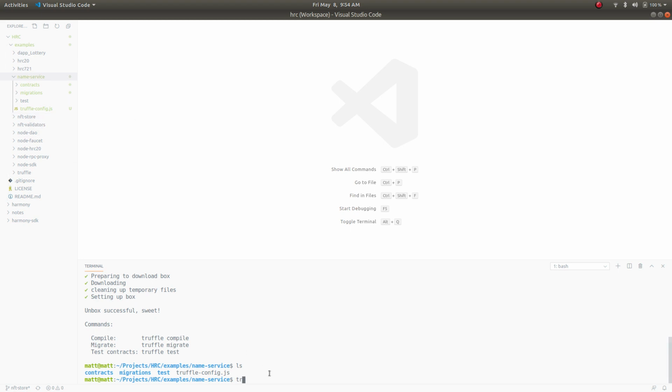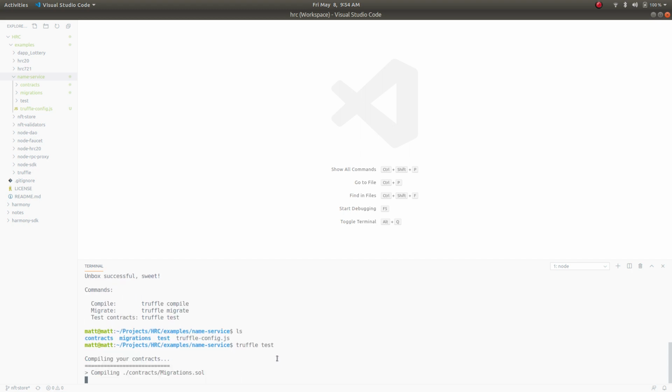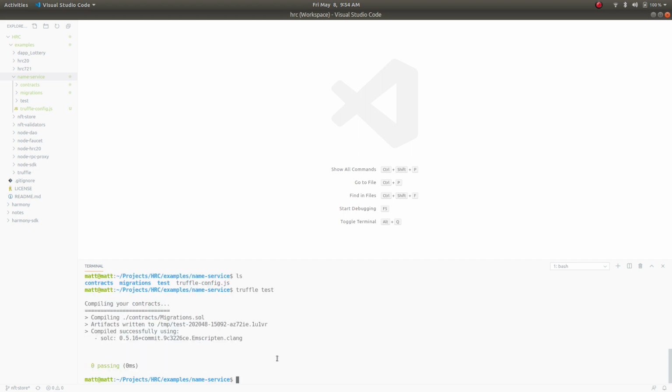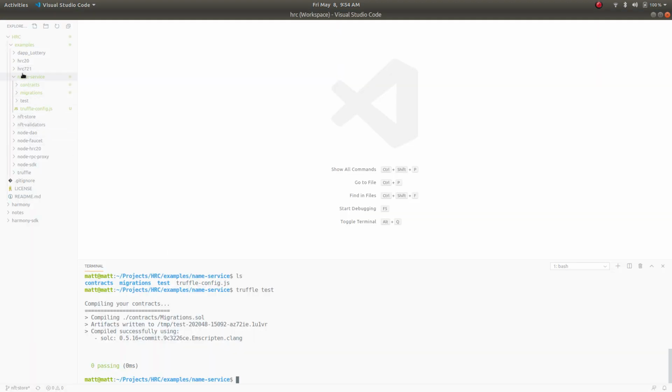So we can't really do anything. There's no contract, and there's no tests that are going to run. But we can borrow a lot of the code that is in the HRC repo already. So, for example, we could go get a basic token contract. We could go get this basic Faucet contract. So what I'm going to do is I'm probably just going to look under the contracts folder, see that there's no contract there. I'll make a new file and I'll call it